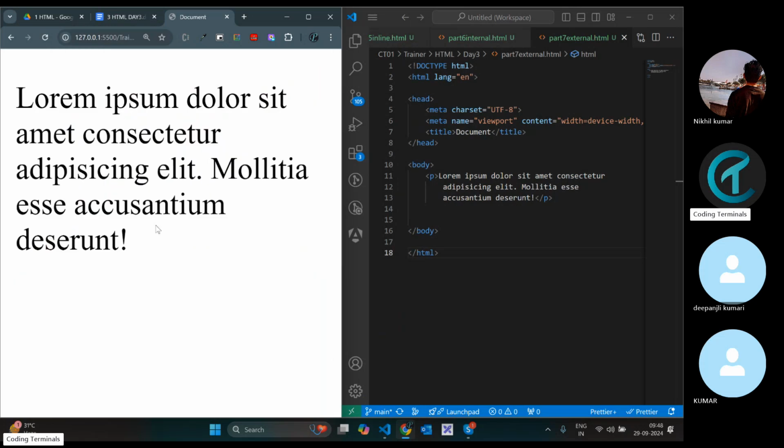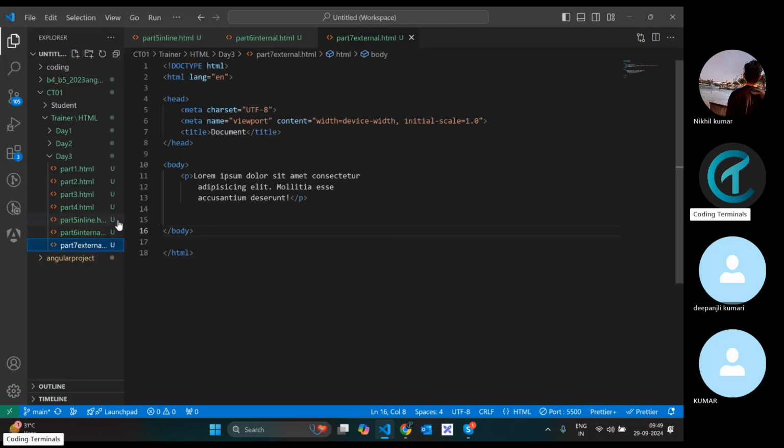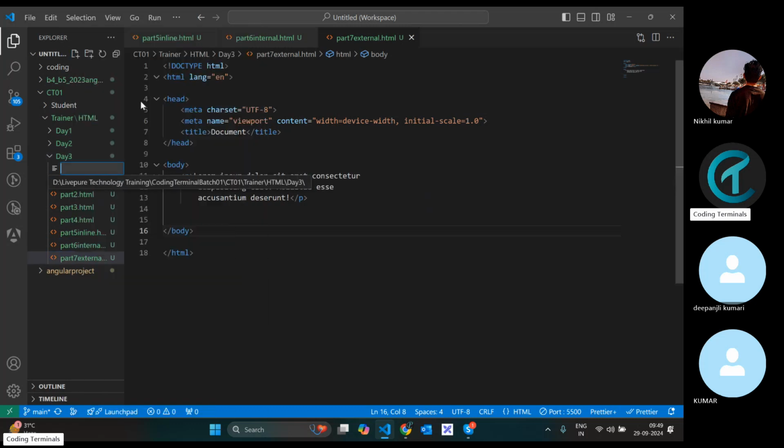External, external. Okay. Now what I will do, I will use external CSS. Let's see how we can. External in the sense from somewhere, means outside. So what we have to do, we have to make one file, a CSS file actually. So let's make one new file, and I will use the name